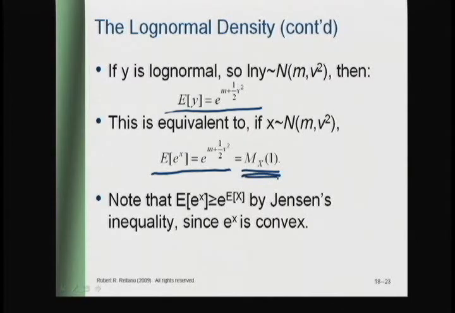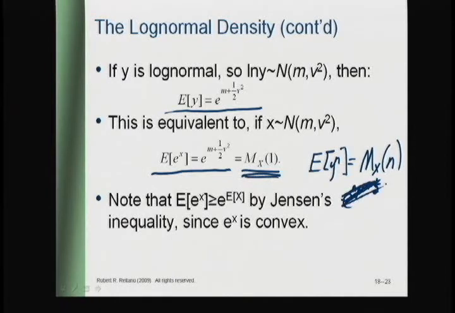And in fact, this generalizes: the general moment of y is the moment generating function of x evaluated at n. The nth moment for any n. This calculation, if I want to square y, the expectation of y squared is the expectation of e to the 2x. Well, that's the moment generating function evaluated at 2. So I can actually write down the general formula for the nth moment of the log normal. It's e to the n mu plus a half,